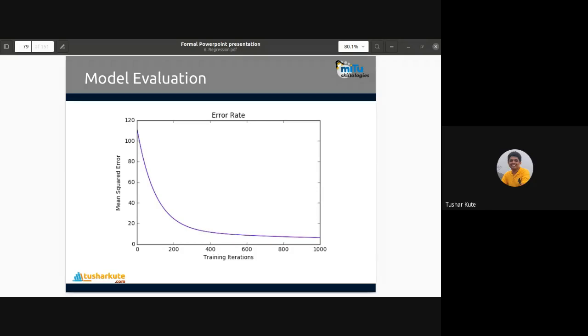See, for polynomial regression, maybe the curve is different for the training data set. So the algorithm is created for the training data. That's why it will work only for training data, and for testing data it may not work. That may be the case. Even in linear regression there is not much overfitting, but for the decision tree algorithm, overfitting very regularly occurs, because the algorithm is created according to training data. Maybe testing data has somewhat of a deviation. It may not work 100%, or it may not work with the same accuracy the training data contained. There should be some deviation present.